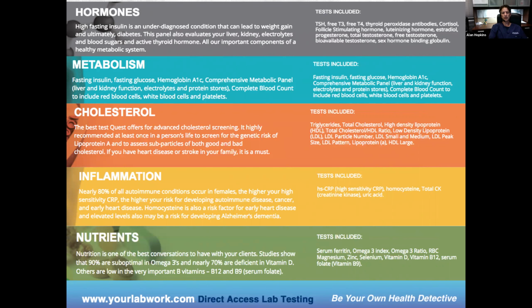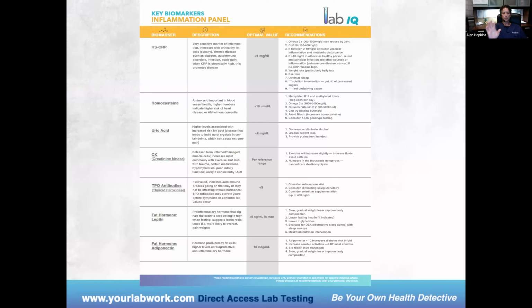So we'd like to look at all 5 of these key areas in the transformation panel. So that's what this is. I'm not just telling you, let's just buy a transformation panel. That's not what I'm saying here at all. I'm not saying spend $1,750 on a transformation panel. I'm saying a transformation panel is what I'm going to offer along with something that I like to call a